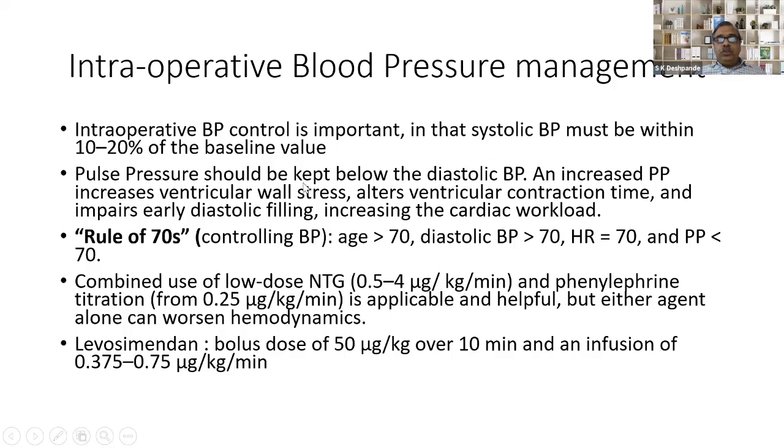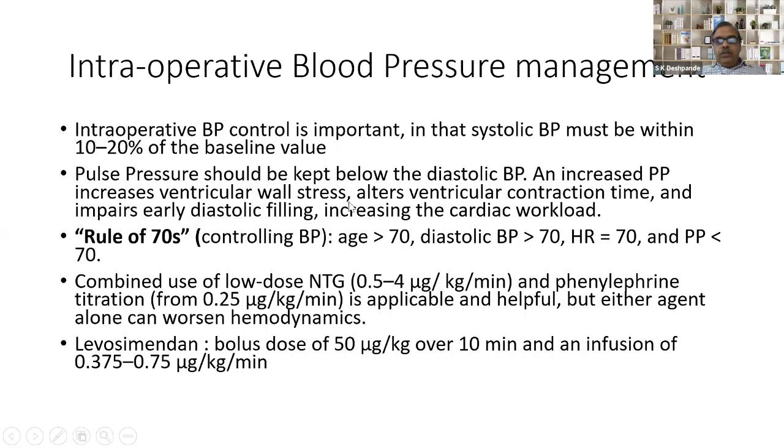This is a very, very important thing. Now, what is the importance of pulse pressure? We know there are 4 types of pressure: systolic pressure, diastolic pressure, a mean pressure, which is the mean perfusion pressure, and fourth is the difference between systolic and diastolic. That's called a pulse pressure.